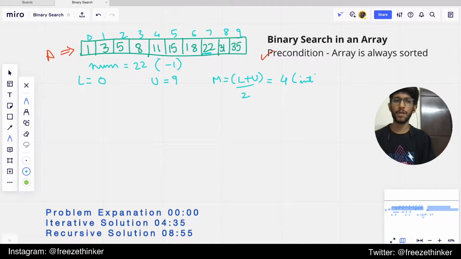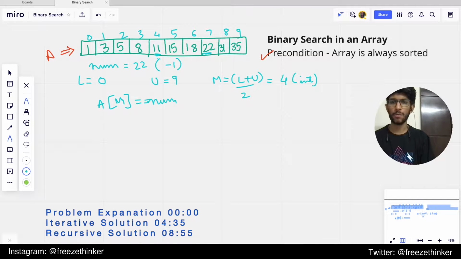Now we always check if A of mid is equal to the number that we have. The number was 22, and here we are at 11, which is not equal. So if it is not equal, we set our lower bound to mid plus 1.